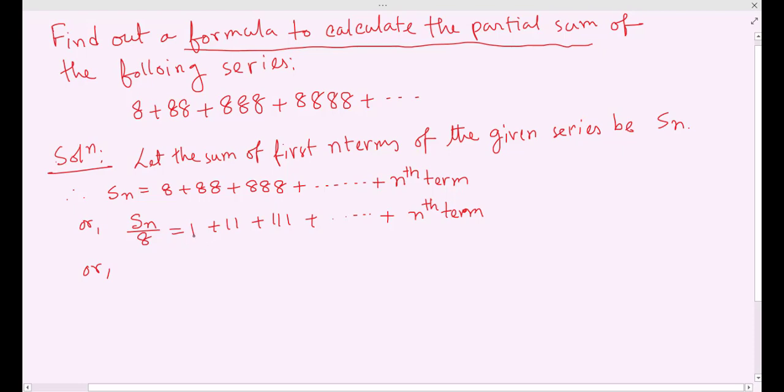We are going to make it 9 plus 99 like this. So we will multiply by 9, giving 9 plus 99 plus 999 plus